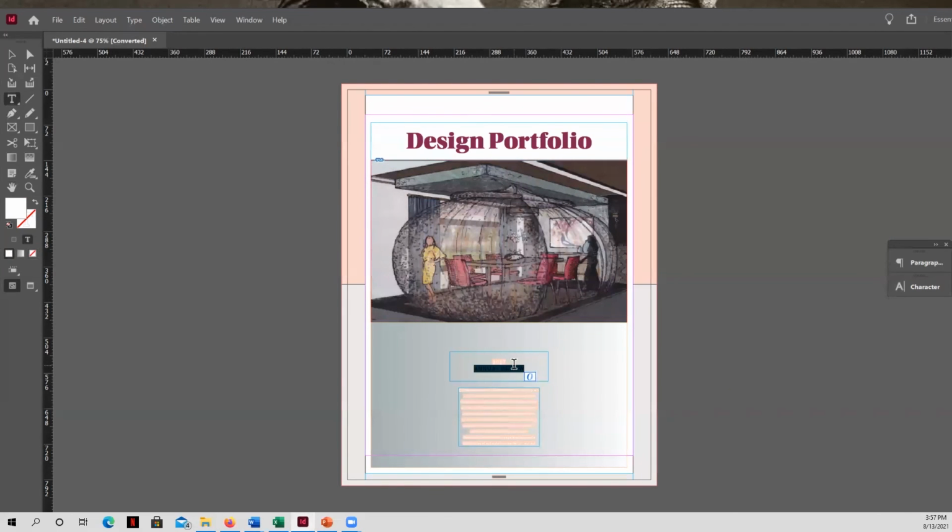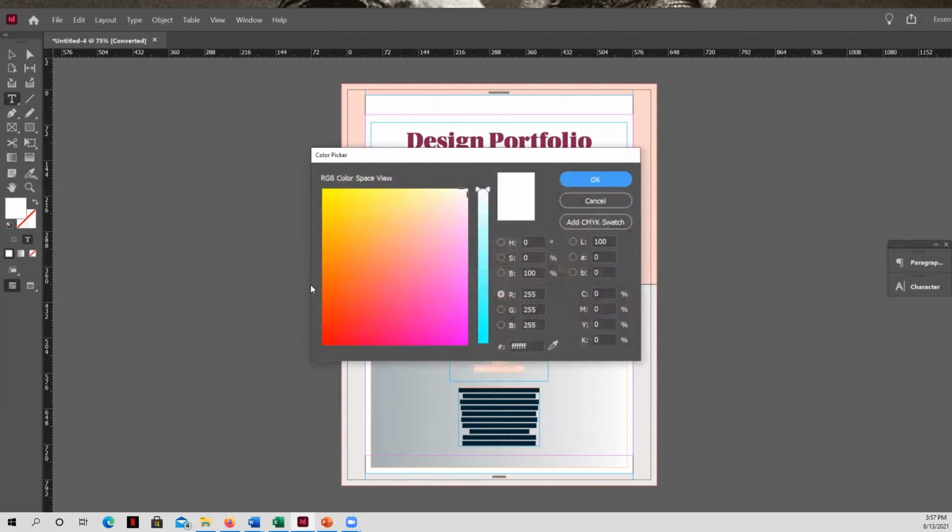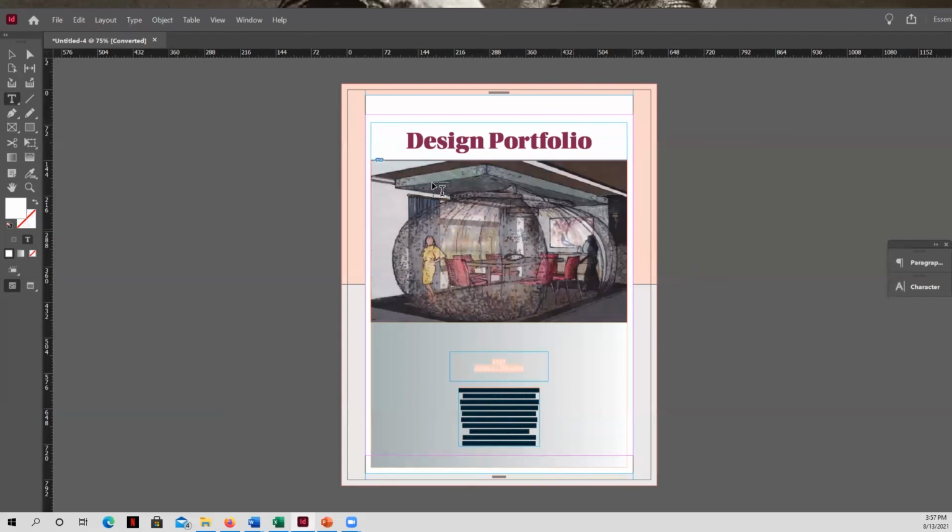I can double click in here and put my name and the year. If I want to add any other information, all I have to do is just double click, select, and overwrite. I can just type over whatever I want to type here. I can also change the font color by clicking on this swatch over here, and I can start to adjust and select font colors if I want to change it.